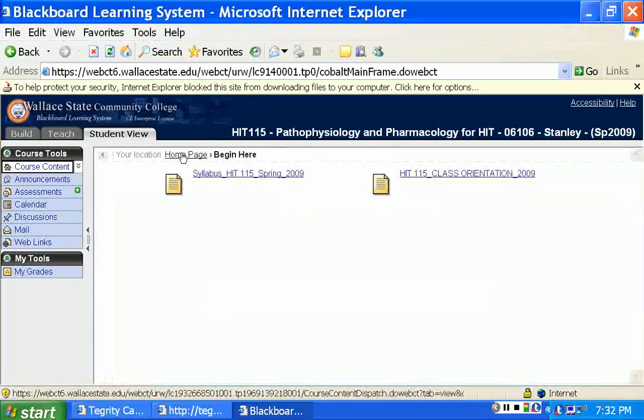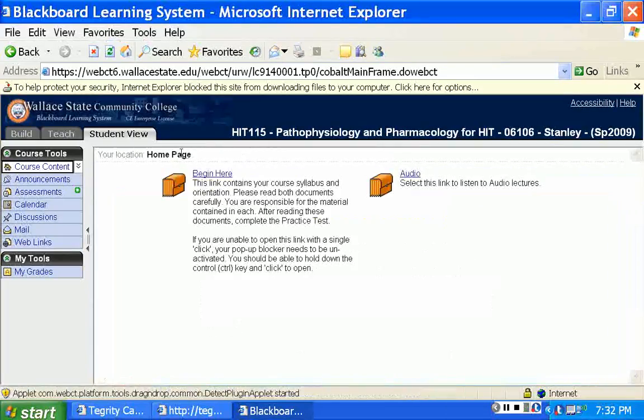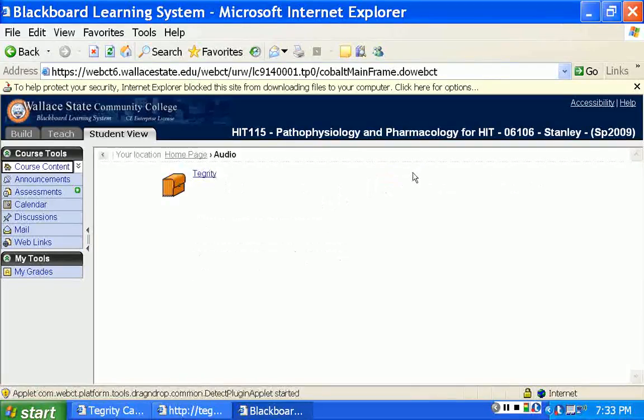And then I'm going to back up to the home page. I know that you're listening to the audio, but I'm going to select audio on your screen so that I can show you something about the Tegrity system. So I am selecting audio, but obviously you're already listening to audio. I select Tegrity,